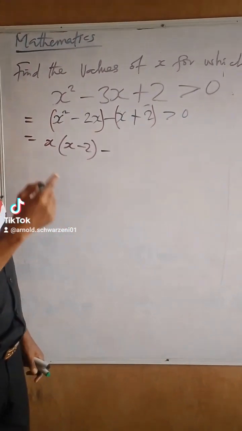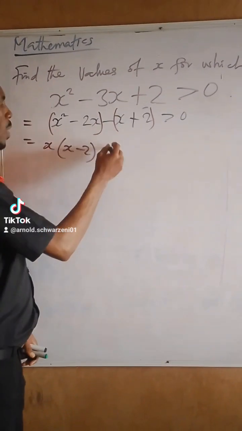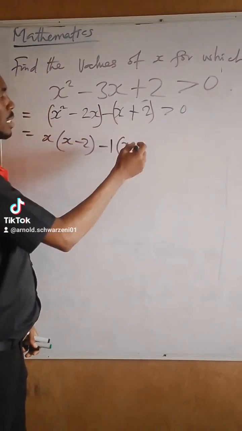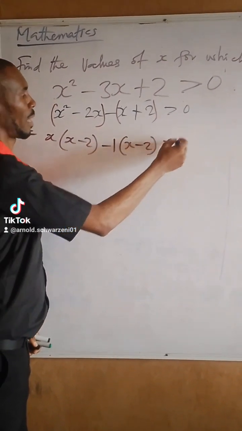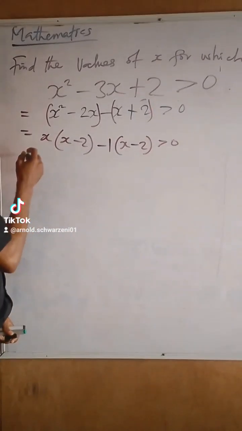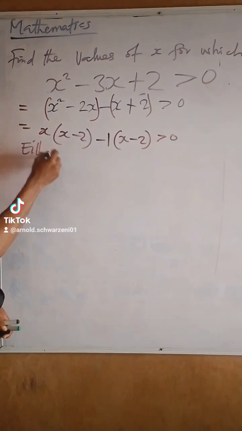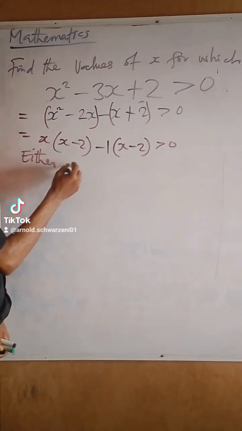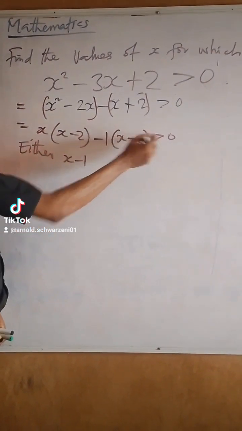Because 1 times any number is that number. So bring that 1 out. Then what is remaining here is x. Now minus times plus is minus. Greater than what? 0. So now we see that we have something that is getting closer to what you already know. X minus 1 first will be greater than 0,